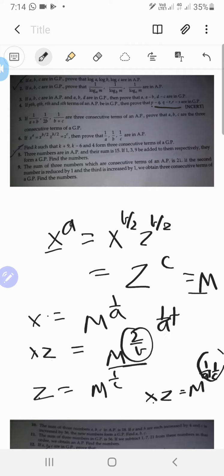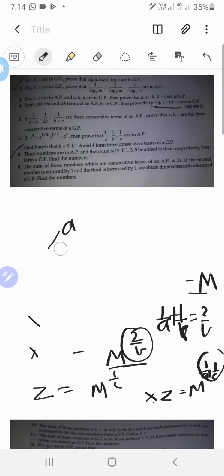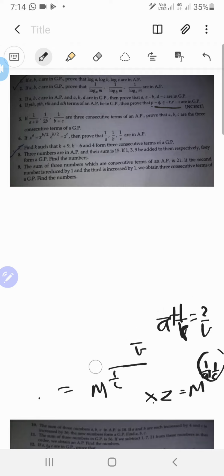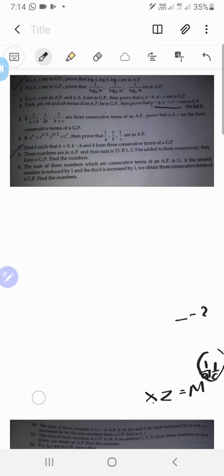So 1 by a plus 1 by c equals 2 by b, which means that 1 by a, 1 by b and 1 by c are in AP. Okay, this was easy. So the next question is: find k such that k plus 9, k minus 6 and 4 form 3 consecutive terms of a GP,